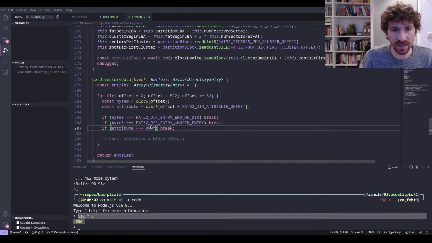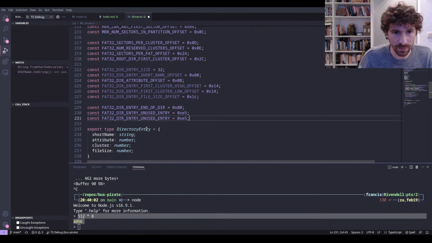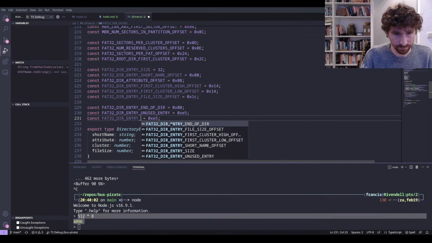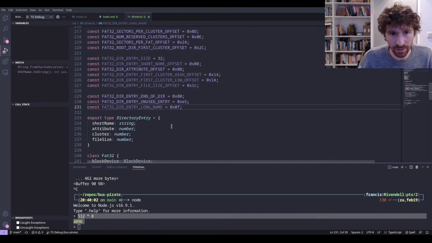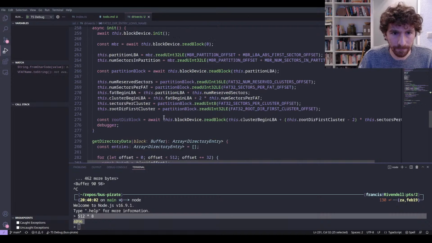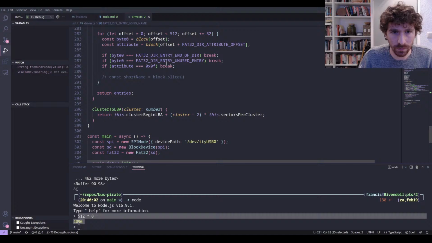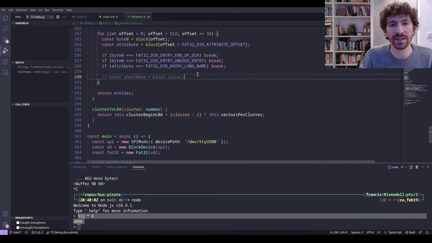So let's make an entry for that as well. It's not really directory at this point. So directory entry unused, end of directory, and this one's going to be directory entry long name. Let's just do it like that. 0F. Cool. If it's a long name, we're also going to ignore it. And now from this point on, everything's easy, because